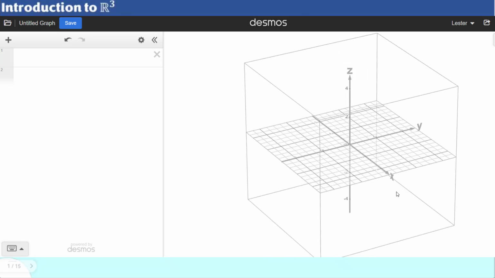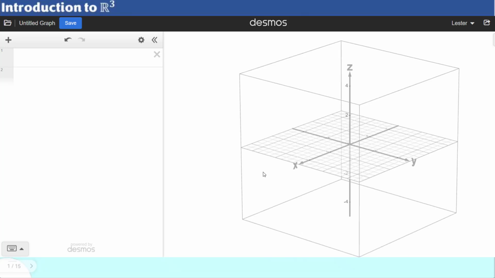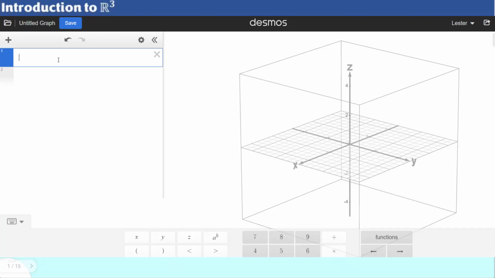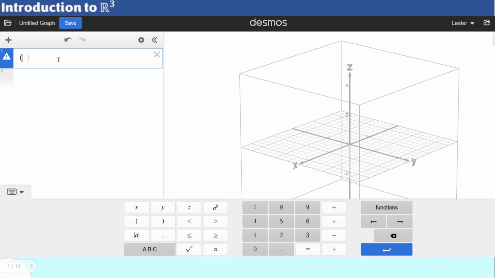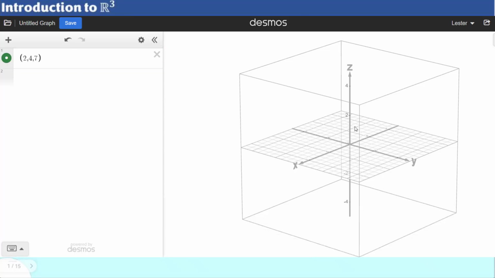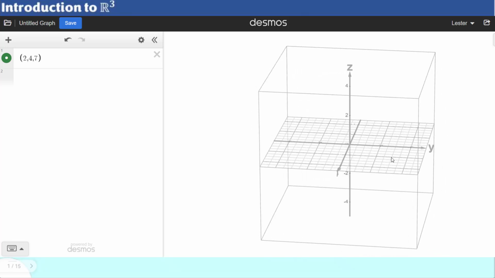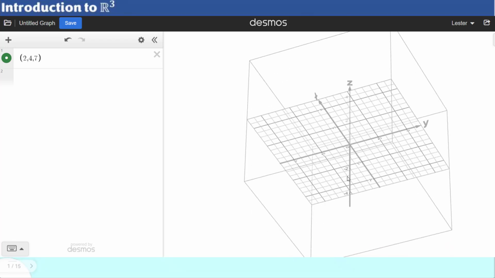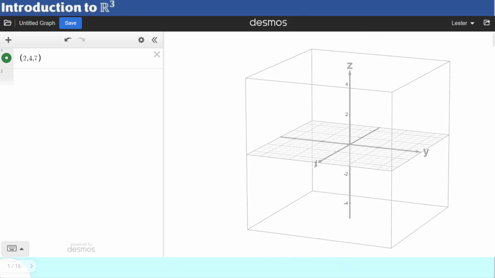Now, take note, we're going to follow what I have presented earlier. This was the direction where x is here, y is here, and of course z is there. So if we're going to plot our point, simply place it here. You will have here the location for 2, 4, and 7. By plotting that, you would see here on our plane the location of 2, 4, and 7. It's not still obvious here because it's just until 2, 4, but you could actually see this further by zooming out. Okay, so it's there. When I zoom out, you would see the location of our point here, the green one, in this location. Now, if you're not convinced with this, you can always look at the planes by rotating this.